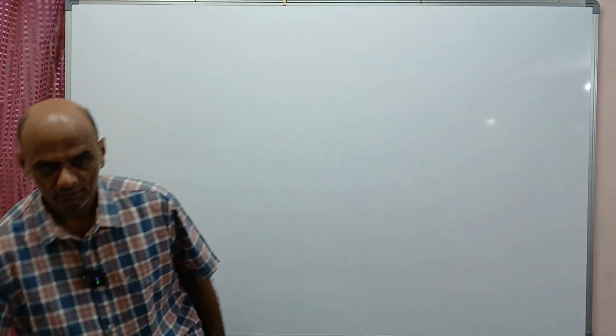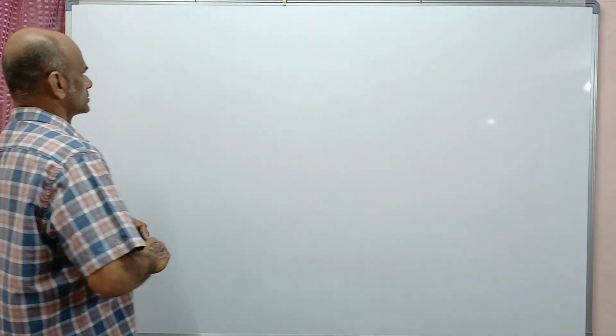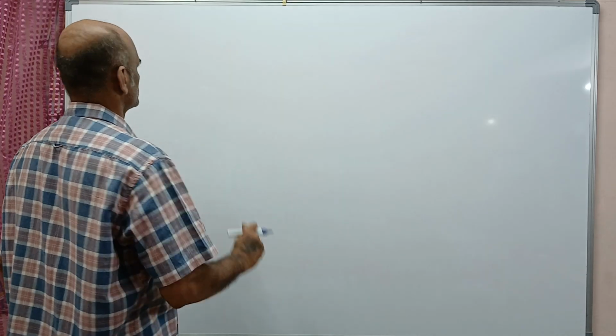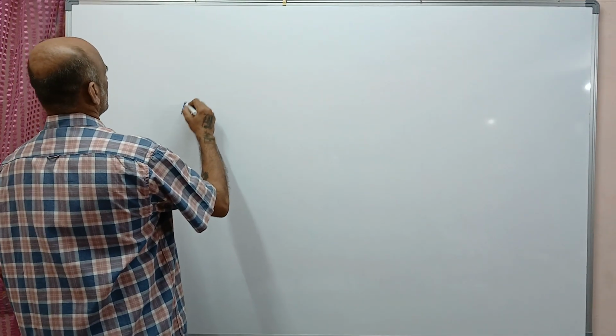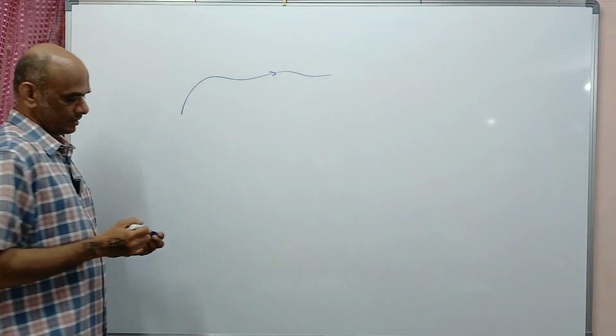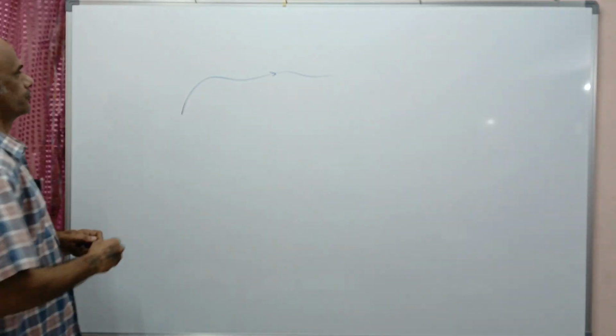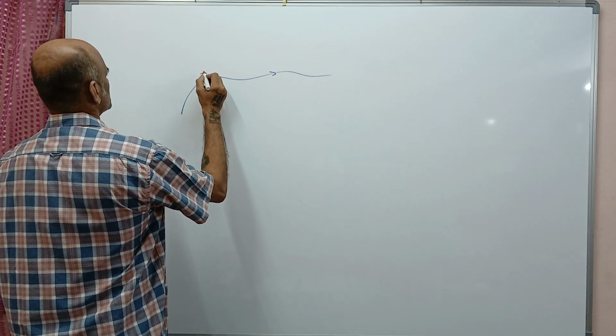In this video, I will discuss a JEE Advanced PYQ from the topic Work, Energy and Power. This question is a simple question based on the definition of work done. Let me consider a body moving along this path under action of some force. So let the force at this point be in this direction,